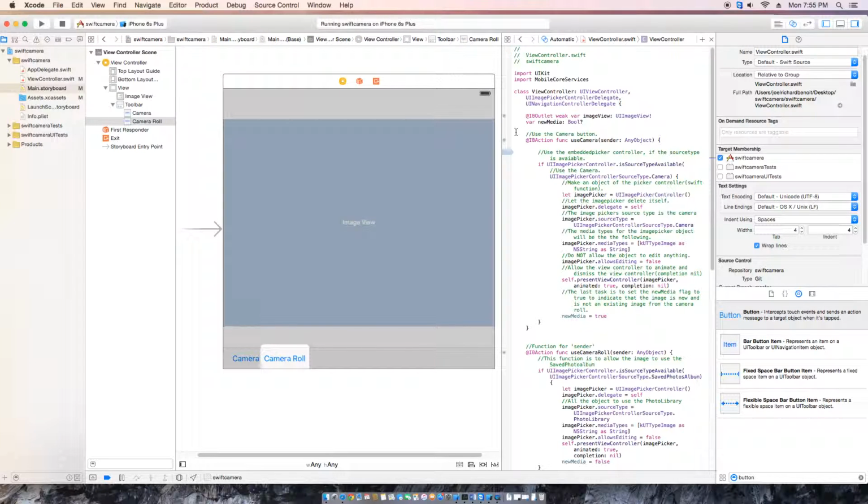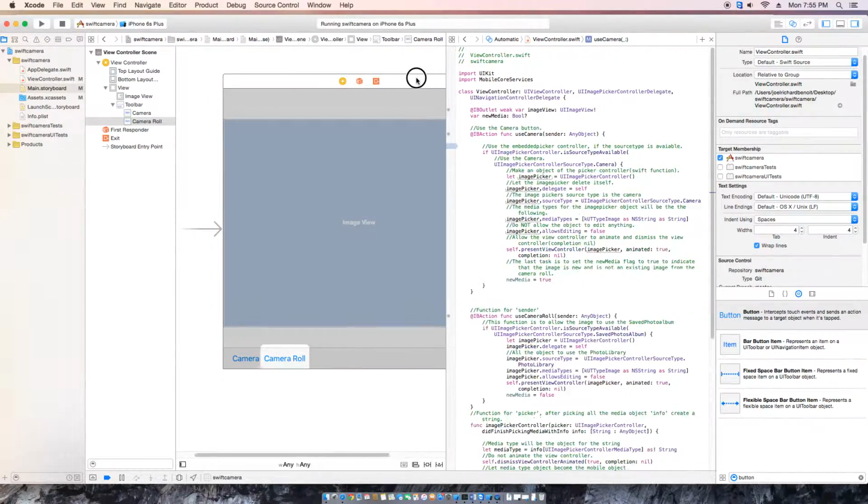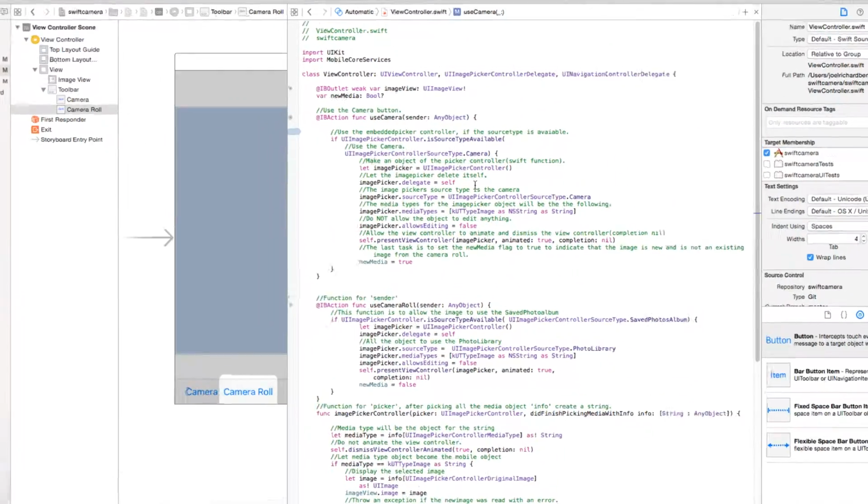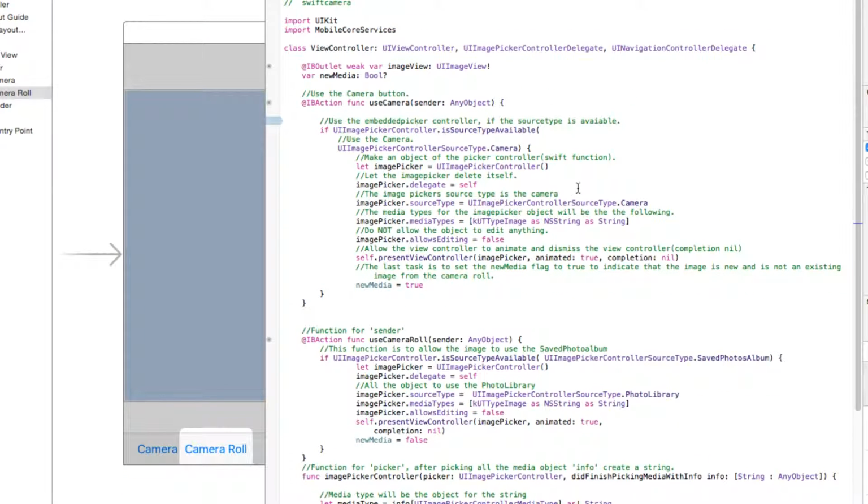Now for the coding part. So I'll zoom right in here. Look, I have it all done and commented nicely so you can follow along easy. All right, these are just the basic setups. You have to set up these delegates here, the UI image picker controller and the UI nav controller delegate. And then this is our image view outlet, and this is what we're working in for the use camera button